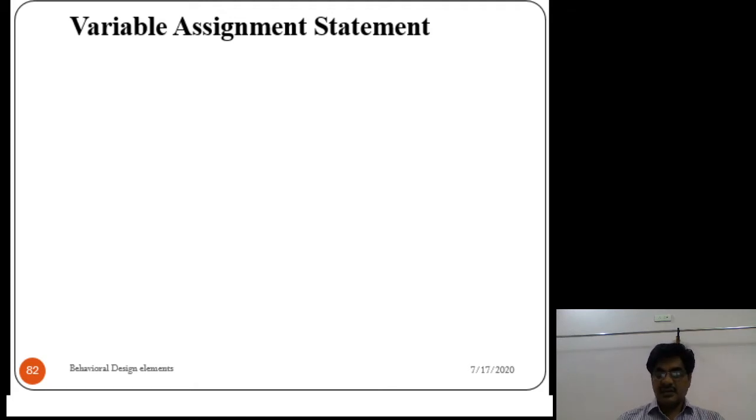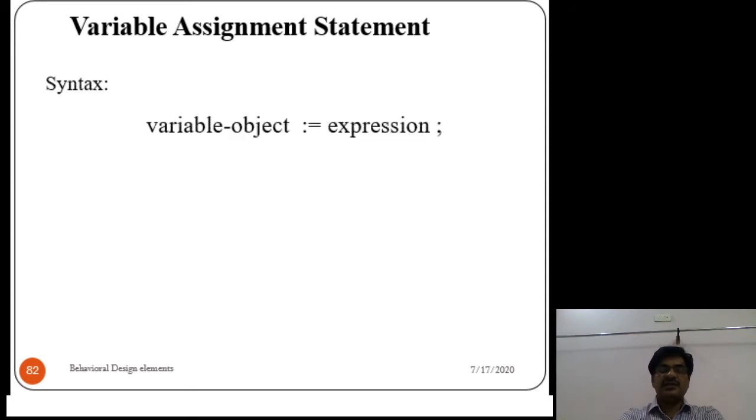The syntax is: variable object name, colon equal, expression. For a variable object the assignment symbol is colon equal, whereas for a signal it is less than equal.